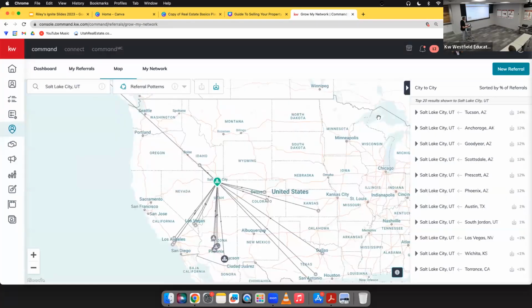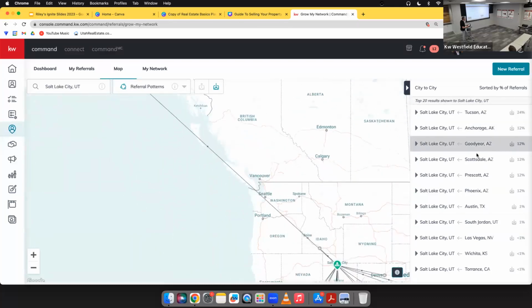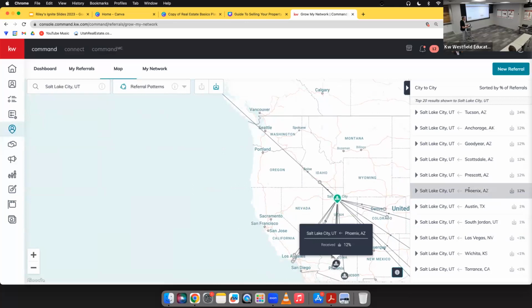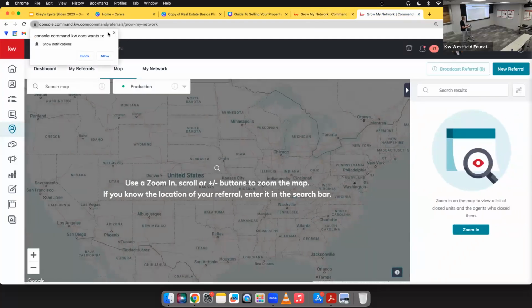Probably a little more general. Okay, Tucson, Arizona, Anchorage, Alaska, Goodyear, Arizona, Scottsdale. So apparently Arizona's popping. So if it were me, I'd be hitting up every agent in Arizona like this week. So here's what I do. Like you go up top, you duplicate your tab. So with keeping this map in mind, I would then come over here to,